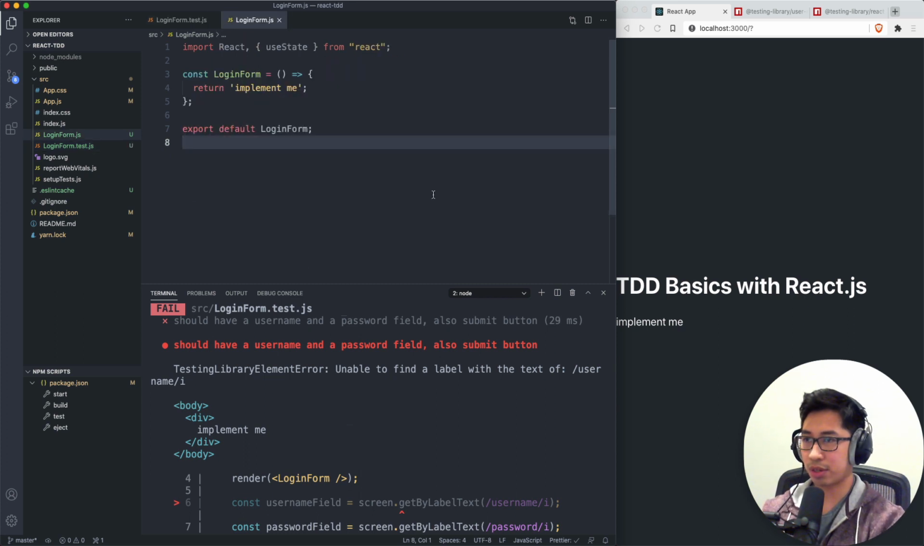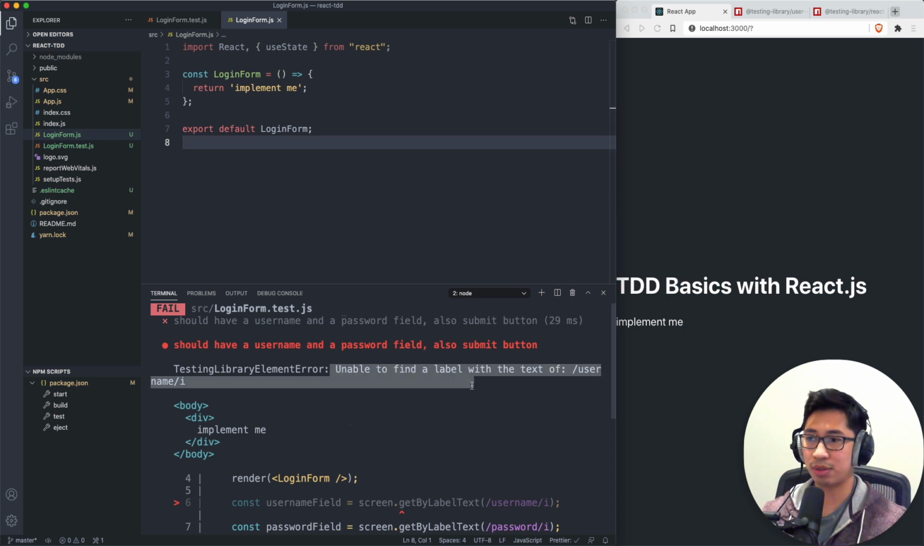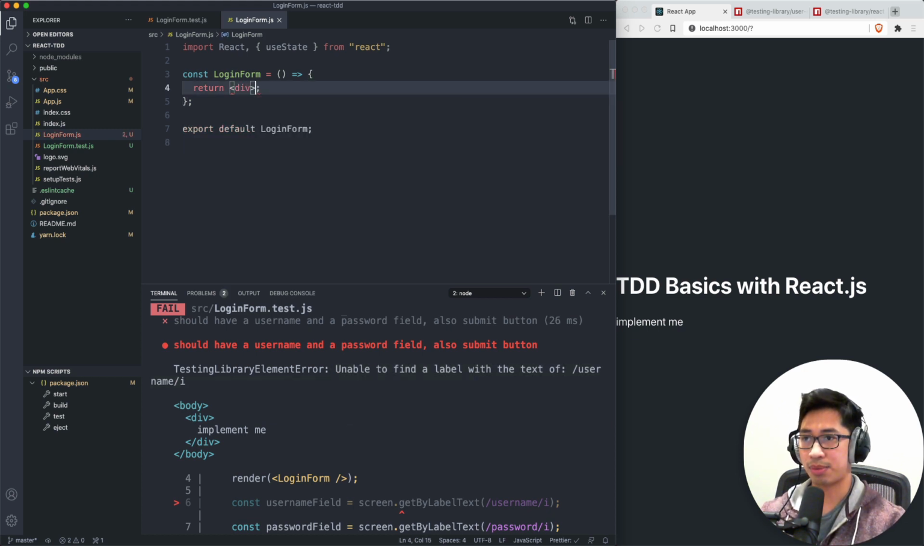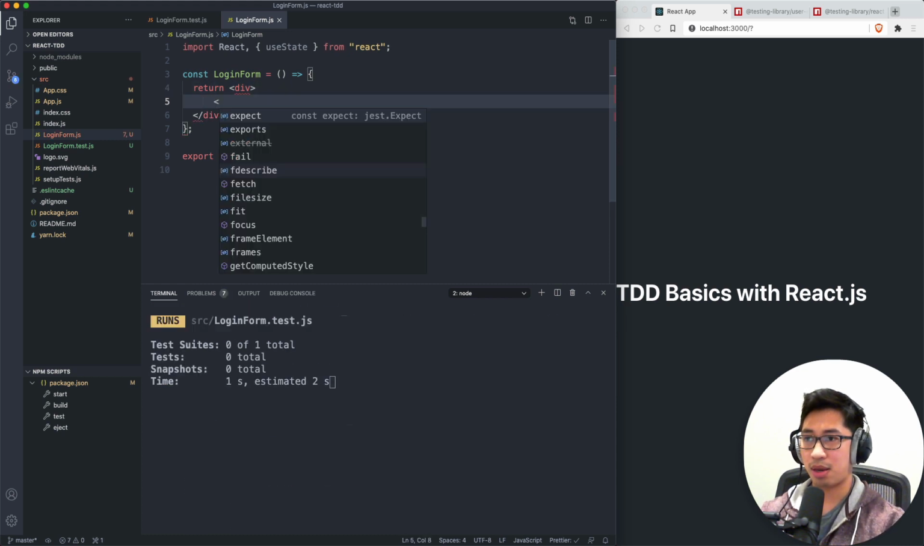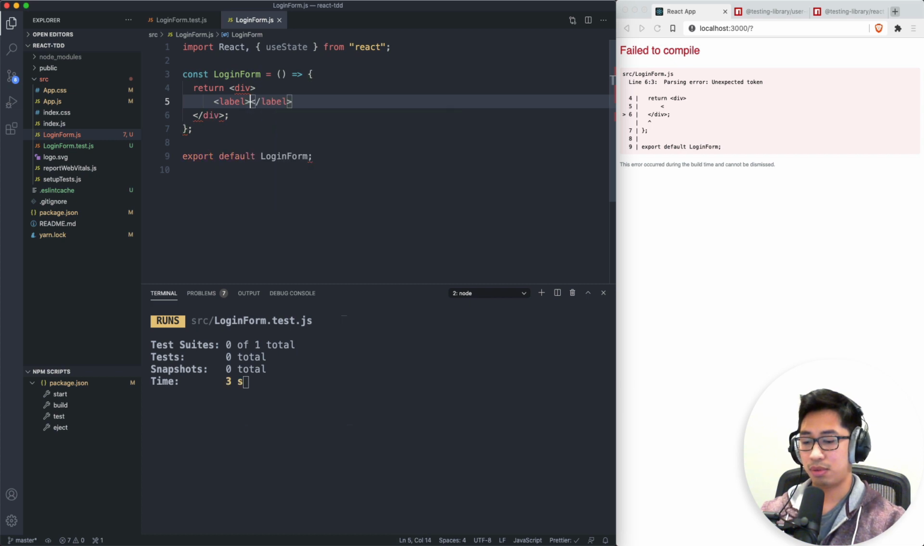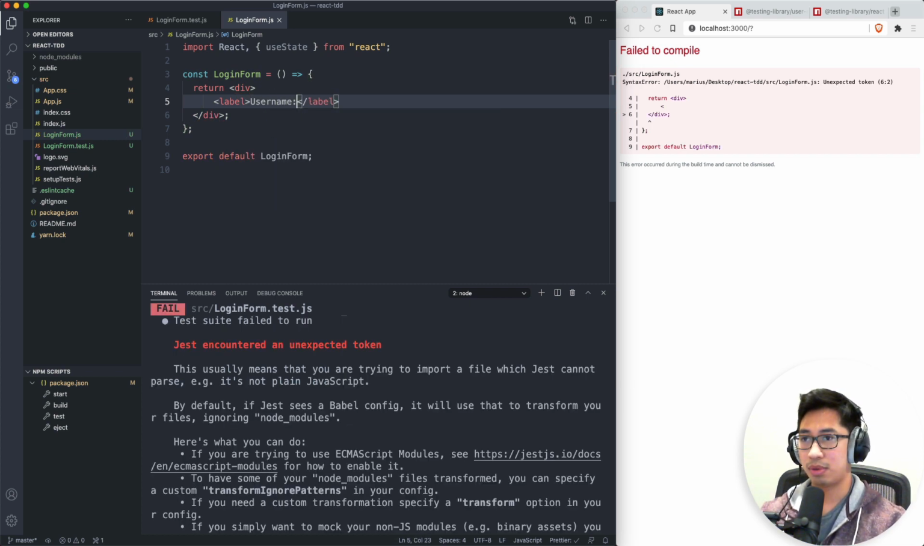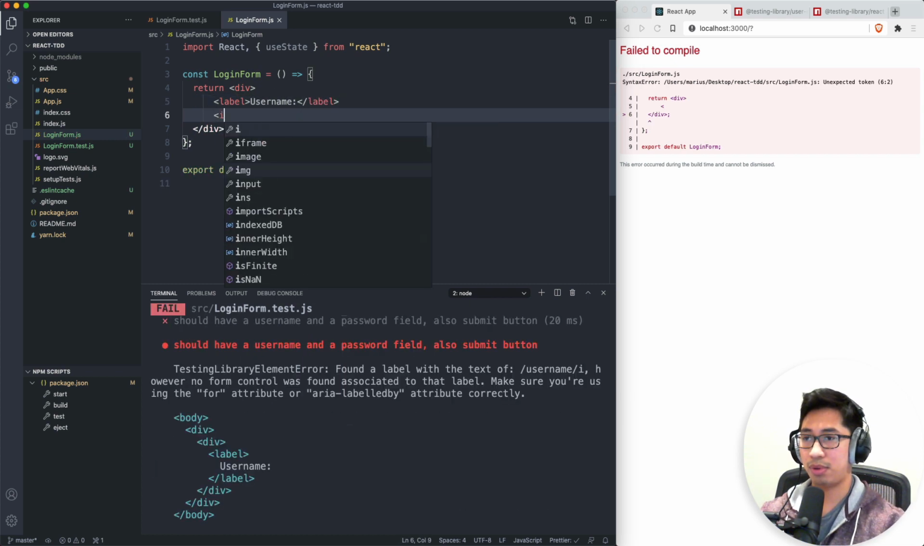All right, so let's get started with our implementation. Let's write the minimal code that we need to get this test to pass. The first thing is you see that it's failing to find an input that has a label of username. So I'm just gonna make a basic div here, and I'm gonna add a label for username and an input